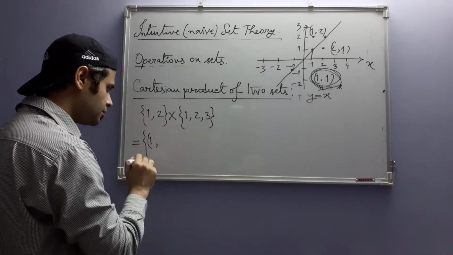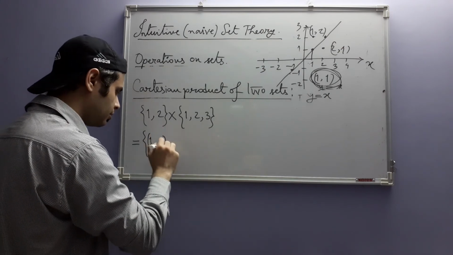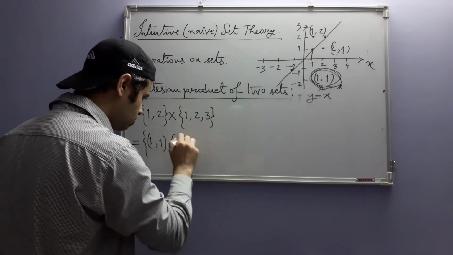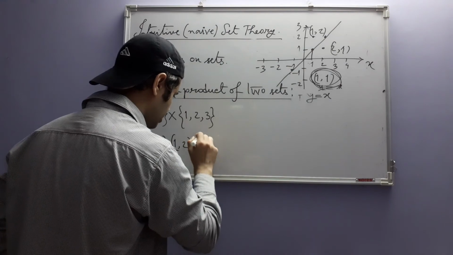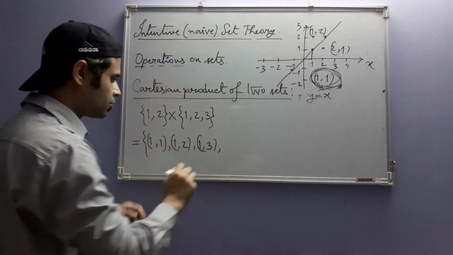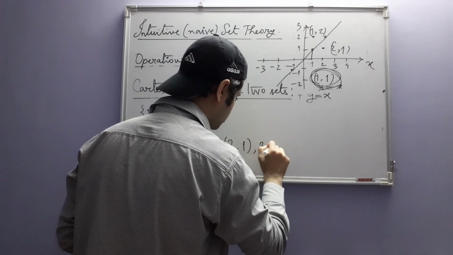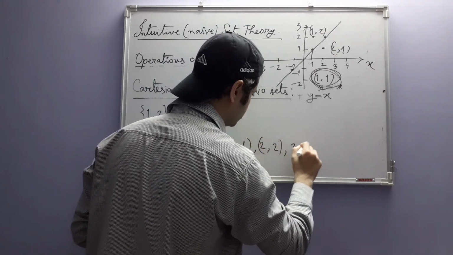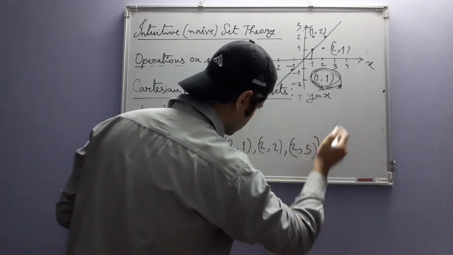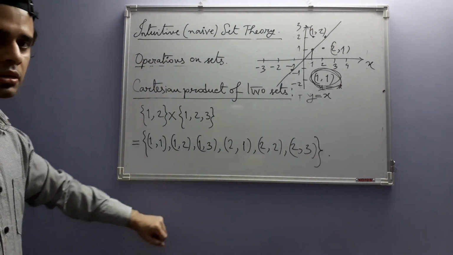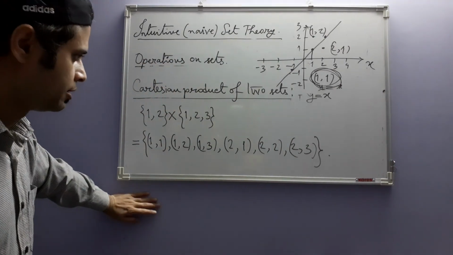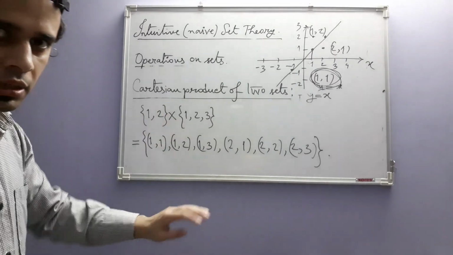When the first coordinate is 1, the second coordinate can be 1 or 2 or 3. When the first coordinate is 2, again the second coordinate can be either 1 or 2 or 3. So this is the Cartesian product of these two sets. So unlike union, intersection, those things,